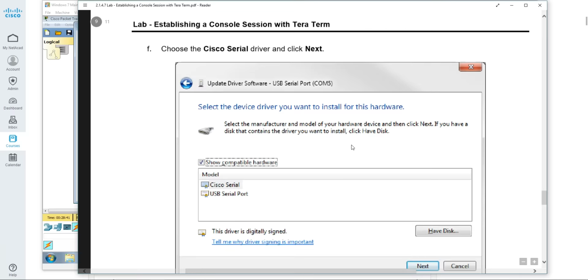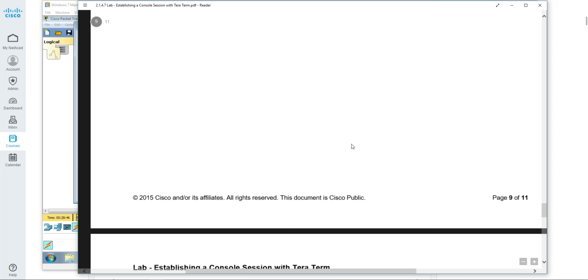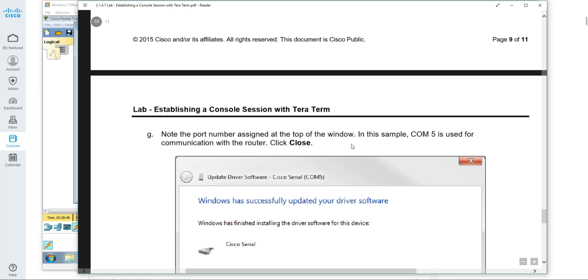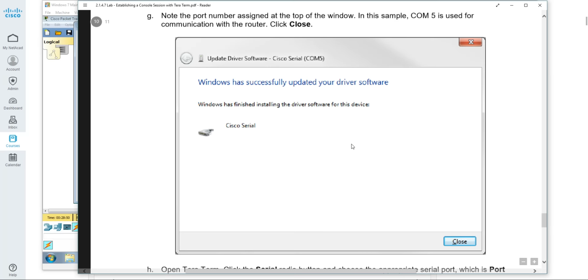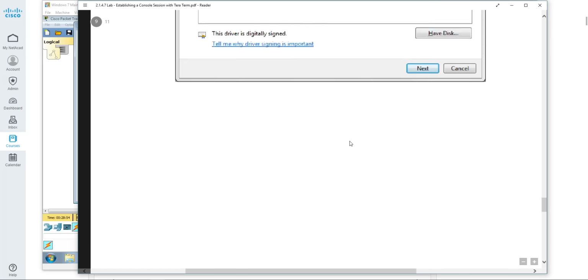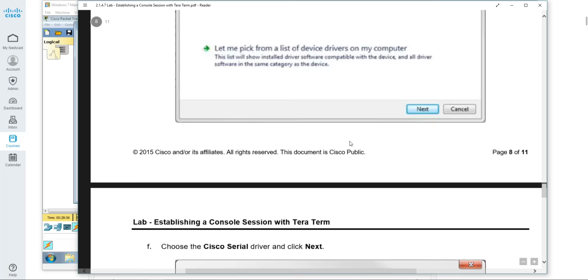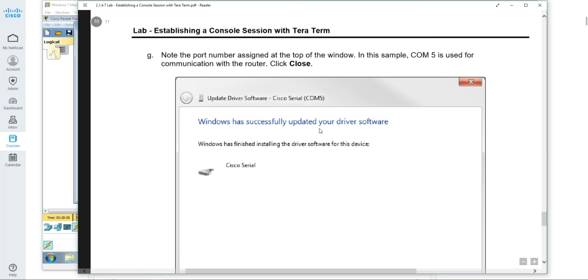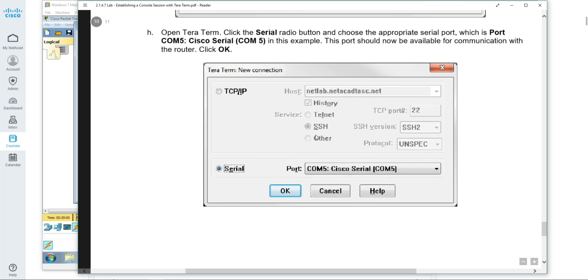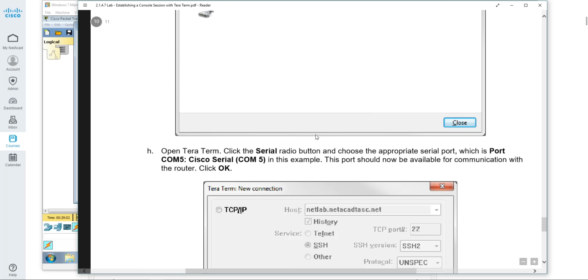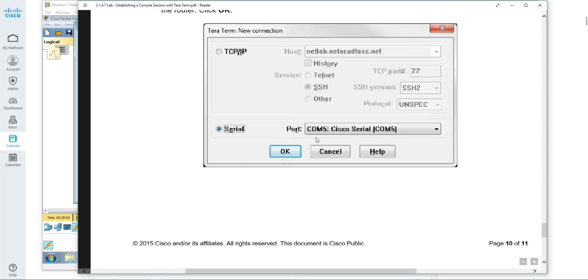And the rest of this lab is just showing you how to do that on a Windows 7. If you've got a Windows 10 or a Windows 8, it's going to be similar. Just be careful when you're doing these, make sure that you know what you're doing on updating your software drivers. So you're going to have to go get the Cisco drivers for that. It'll walk you through how to do that. It does work. I've walked through it. I've done it myself on a Windows 7 machine. I've not done this on a Windows 10 machine, but I believe it's the same.